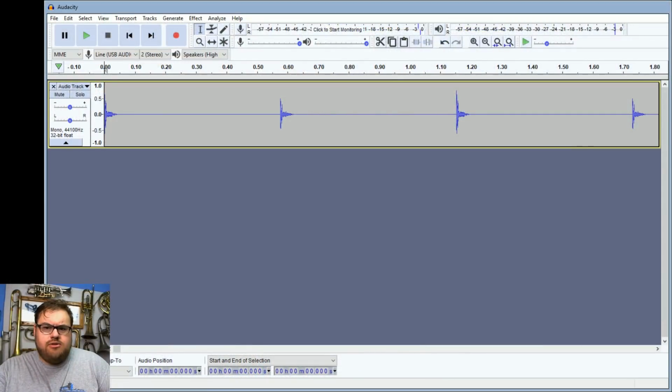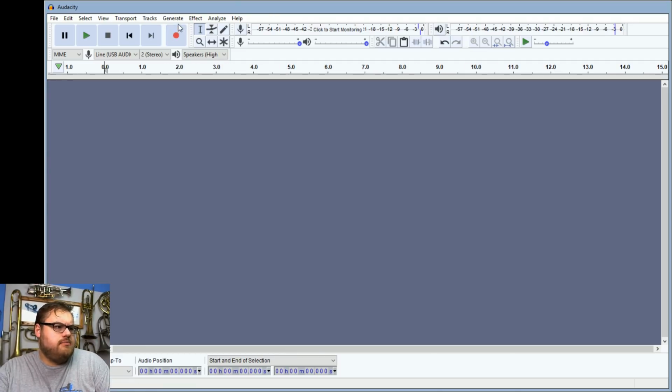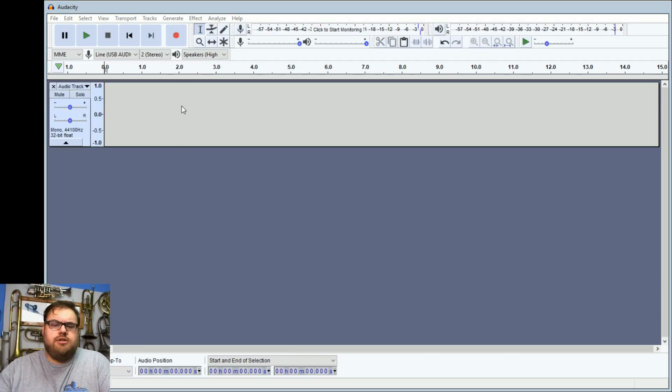Alright, so what I'll do is flick it over to my next scene. And so this is Audacity. This is the program that I use to do my multi-tracks. And so the very first thing that I want to do is generate a rhythm track. This is the tempo that I'm going to be going along and using. And this ensures that when I record the tracks I can get them more or less in time. So it says Joy to the World is, according to the music, supposed to be andante at 76